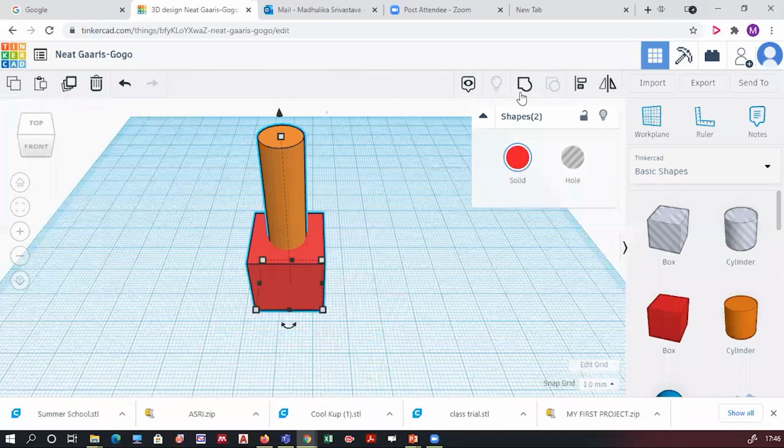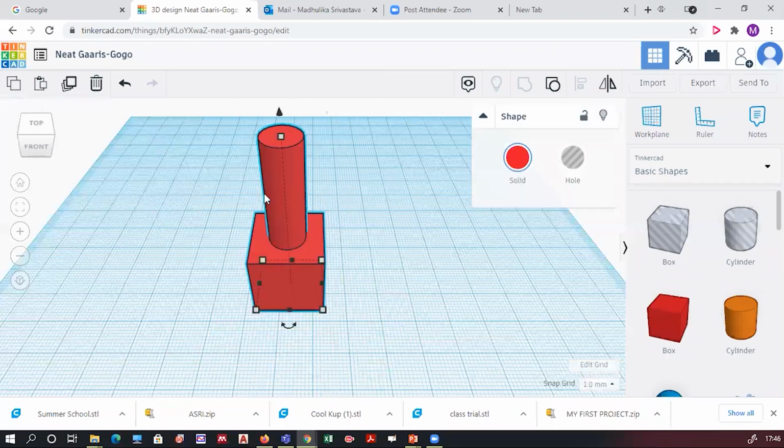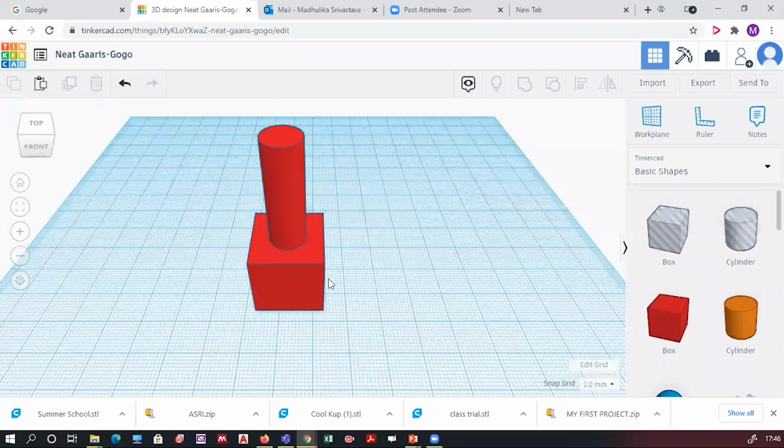The third option from the start is group. When I click on group, these two objects become one single object. As soon as I click on group, I will see the two objects converting into a single object. They will appear in a single color, right? This is the way you have to join two objects.